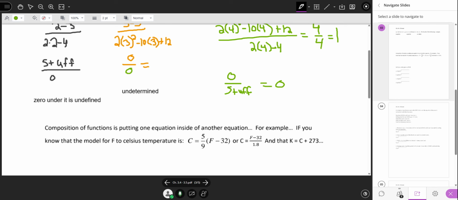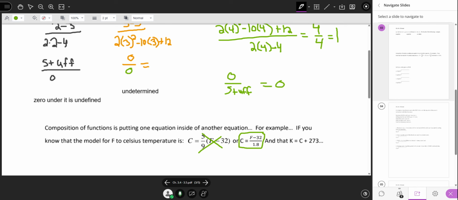Now, composition. Composition of functions is putting one equation inside of another equation. They do that a lot with chemistry and physics and stuff. So, like, I really don't like this equation. Bleh. I like this equation. Okay? And then Kelvin is your